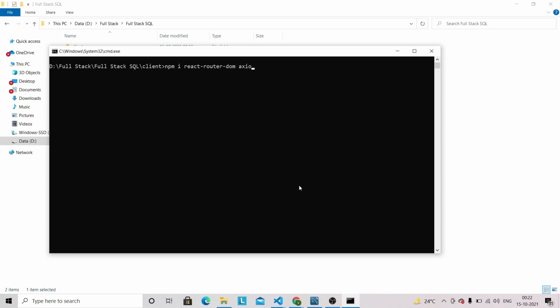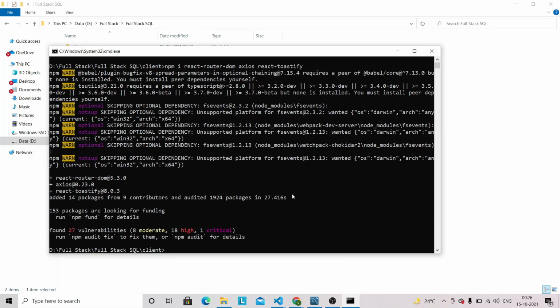Then we need to install Axios in order to make the API request with our backend. And then we need to install React Toastify to show the toast notification. I'll be back once all the packages get installed. So guys, all three packages are now installed.